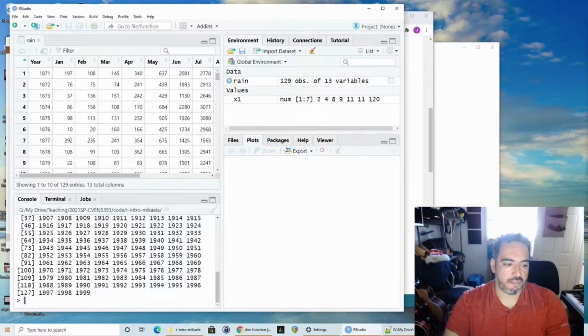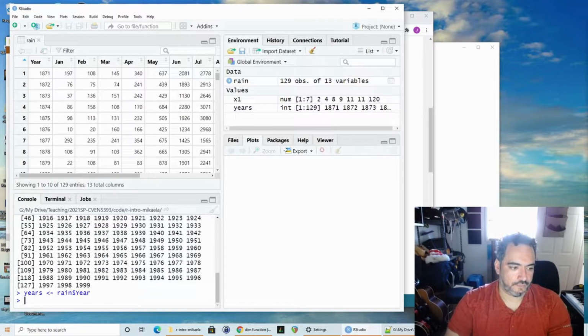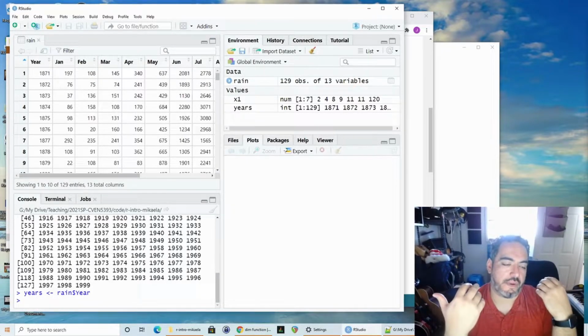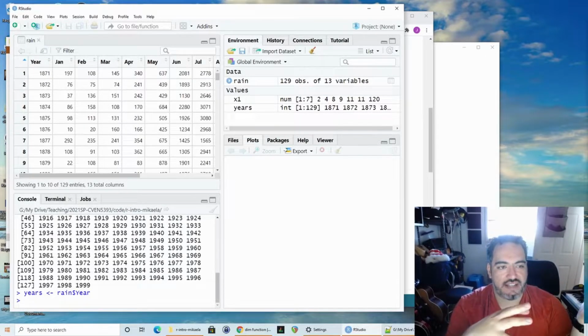And so, for example, if I just want to store the years only, I can say that the years are rain$year. And then now that creates an array that I can work with just like anything else. So a lot of the times when you're doing this data analysis and manipulation, it really is about slicing and dicing these different columns and rows from bigger data sets and then manipulating them for whatever you need